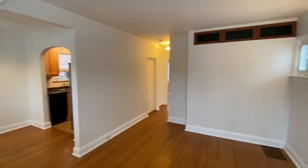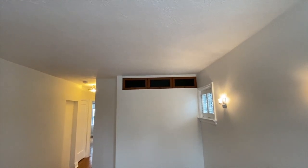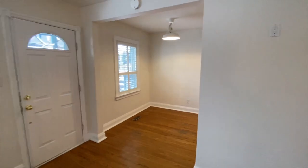Okay, so if you have any questions, oh, you might have a question, what's that? That is some storage. It used to be backlit. It's kind of like a plant shelf that's got storage and had lighting, but the lighting's disconnected. So it's just something. Yeah, but if you have any questions about this unit or you'd like to see it,